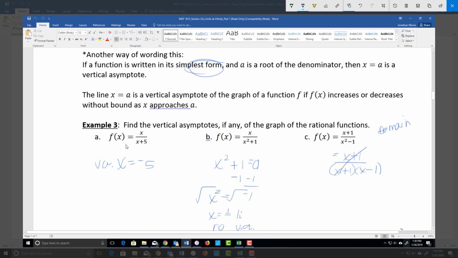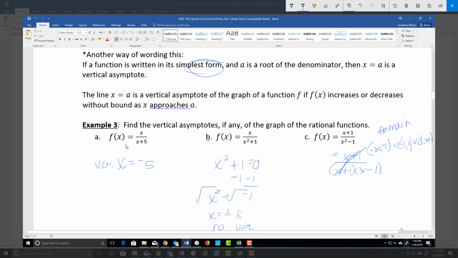The domain would be from negative infinity to negative 1, and then from negative 1 to 1, and from 1 to infinity. But that doesn't tell me that there's a vertical asymptote at negative 1 and 1. There's not a vertical asymptote at